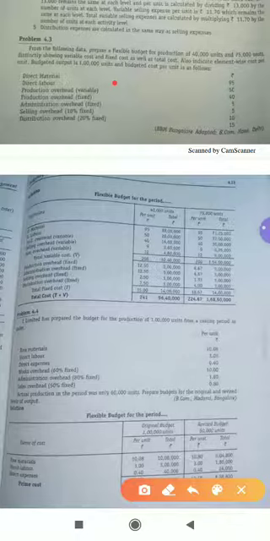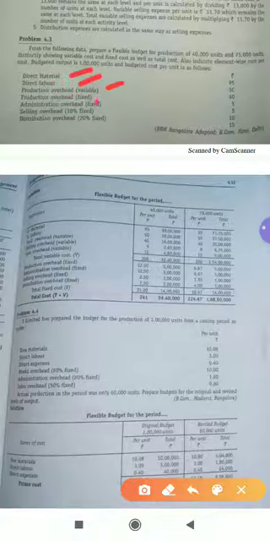Production overhead is within brackets, they have given it as variable. Variable means variable cost per unit will be the same, 40, 40, 40. If you want, you can multiply for even 1000. 40 into 40, 4 square is 16. Now 16 lakh, and for 75, 40 into 75, we will get 30 lakh variable. We are done with 3.